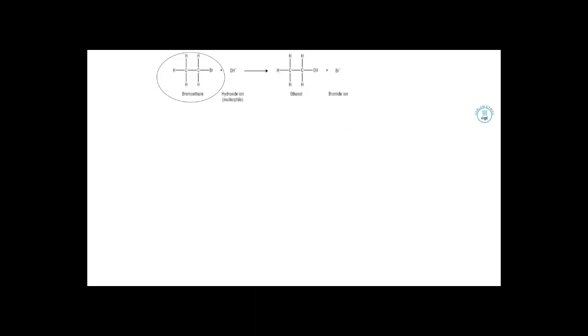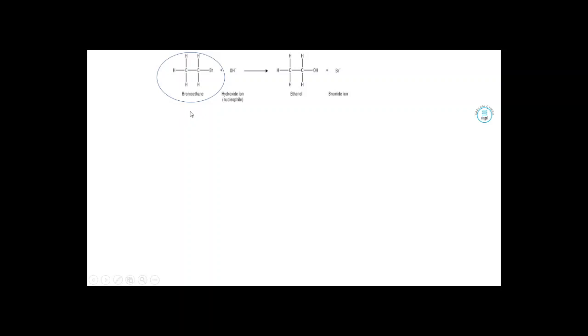We're going to look at a specific question from the exam. We're looking at a reaction of hydroxide ions with bromoethane. Hopefully you know this is what we call nucleophilic substitution or hydrolysis. And what we're going to do is try to find the order of the bromoethane. So if we want to find the order of bromoethane, we'd have to look